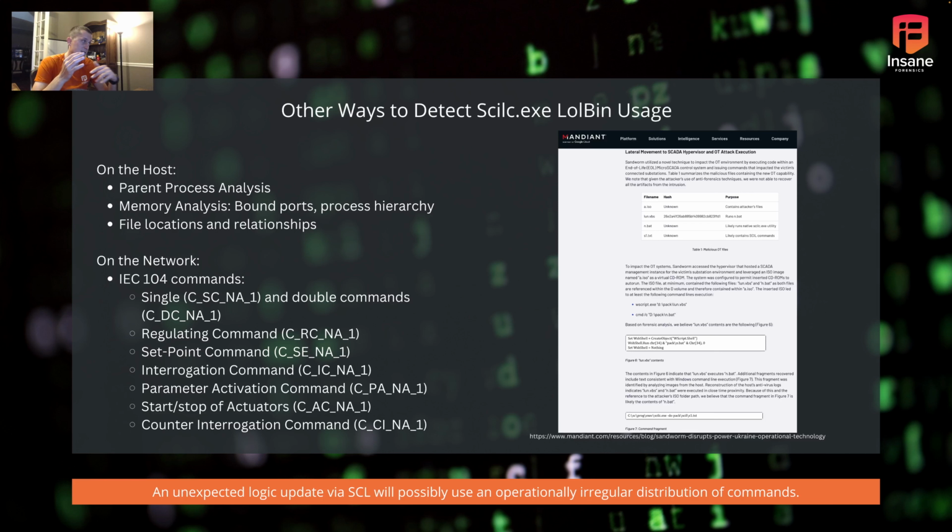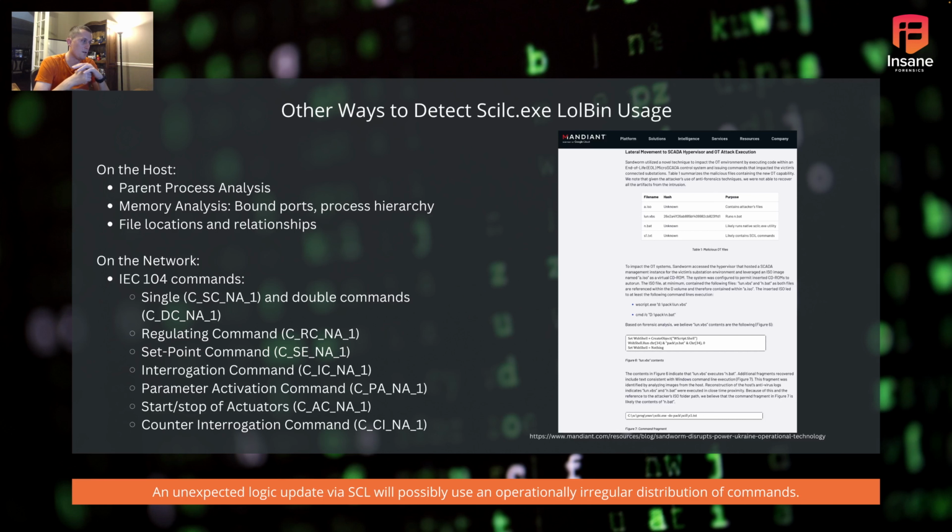Because some people do look and say, okay, what's my program counter? Hey, why was the program counter suddenly incremented, right? It's one of those canaries that some people use. In this case, though, the IEC 104 commands are what you'll see either in passive network monitoring off the span port. It is going to be a little more challenging than what you have through the host side. Certainly possible to do it.